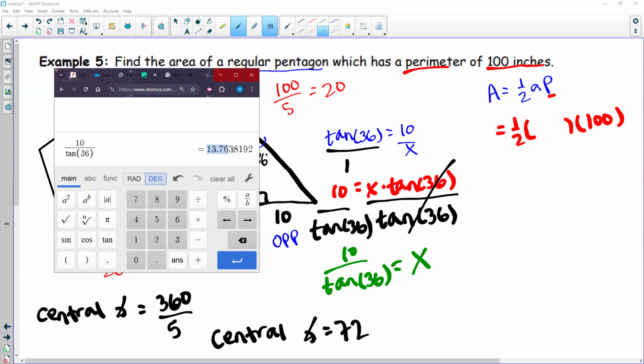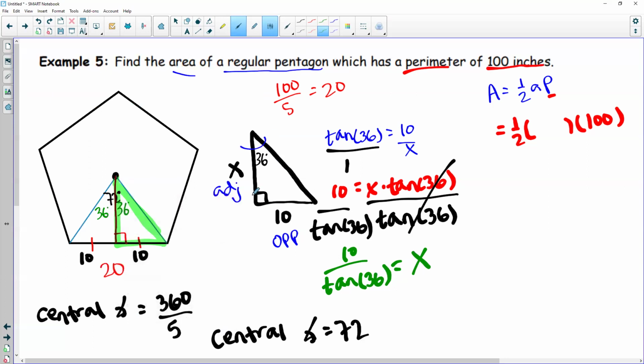We are given 13.7638192. I'm actually going to be annoying and write out this entire decimal. Alternatively, you could also just plug in this for x. That is technically your apothem, right? Let's actually just do that, make our lives easier. If you want to put in the decimal value, that's totally fine. It boils down to personal preference. For me right now, I'm just going to plug in the 10 over tangent of 36 for my apothem because that's what we got for x, right? X here being our apothem. So we are looking at 10 over tan 36